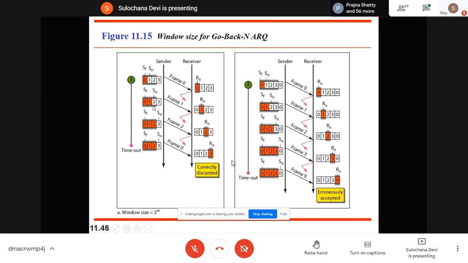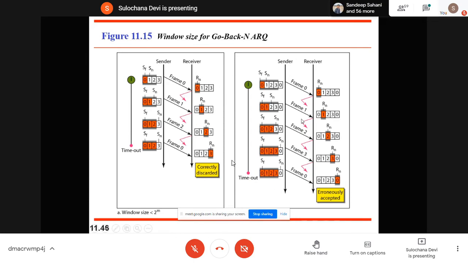When this ACK3 is received here, SF will point to 3 and SN will point to 3. Now SN can send, and the window will be 3, 0, 1, 2: the next frame 3, then 0, then 1. Like that, the window will slide by 1. So here the duplicate frame which was sent is discarded. The receiver was able to discard that duplicate frame.